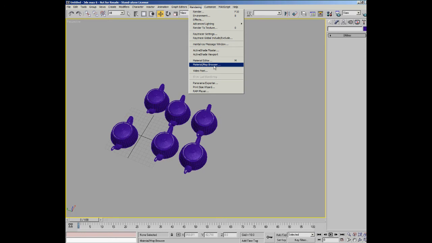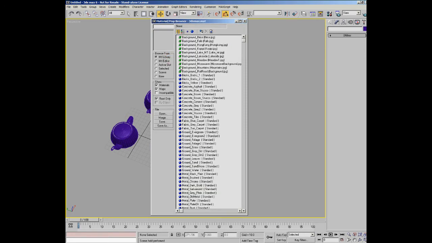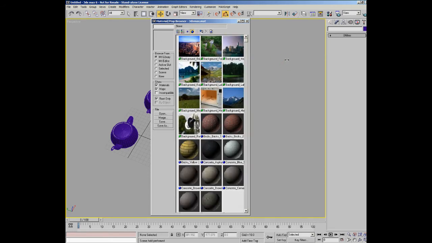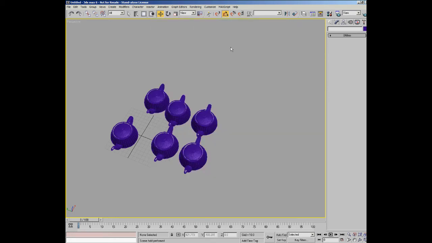You have the material map browser, and this allows you to look for materials in a material library. There's an example of a material library. There you go. You can see all these various bitmap textures and pre-designed textures here. You can look for materials in the scene on the selected object, create a new material. And this dialog is actually usually